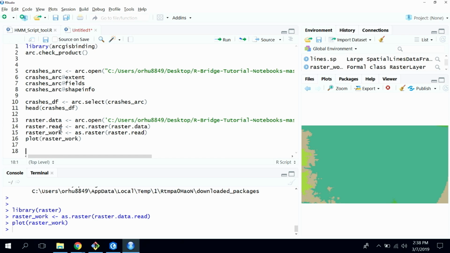So how many of you work with mosaic data sets? 1, 2, 3. Okay, so let's do a small mosaic example too. In this data set, we don't have a mosaic data set that is ready. So let's just create our own mosaic object first in ArcGIS Pro, and then let's read in that mosaic